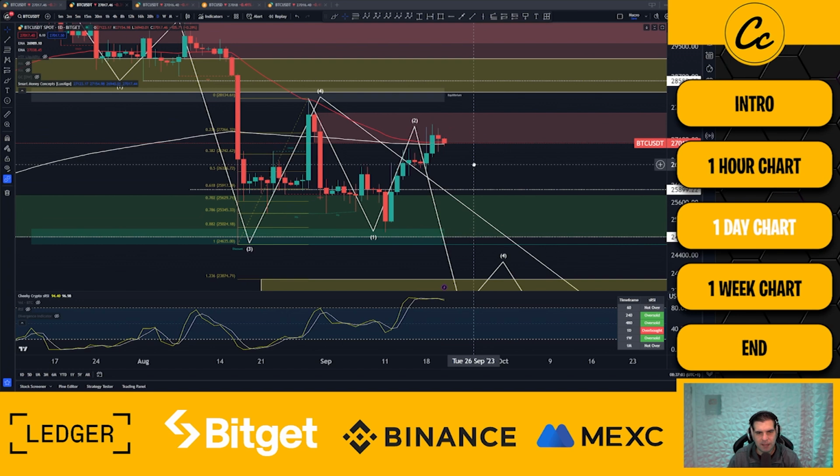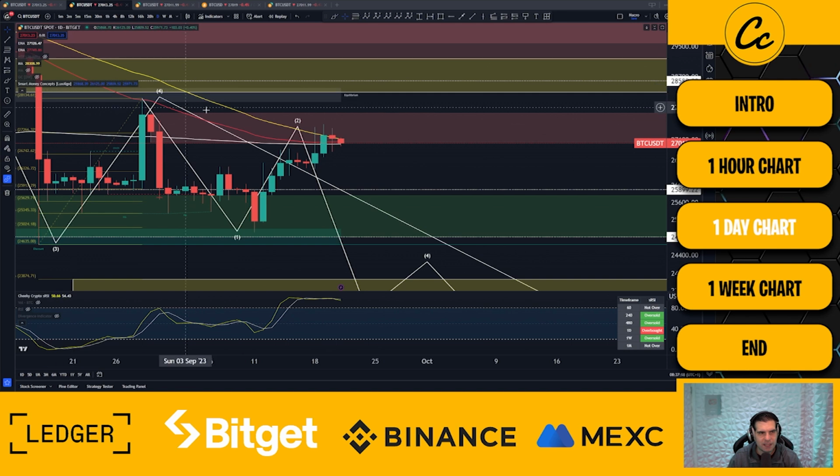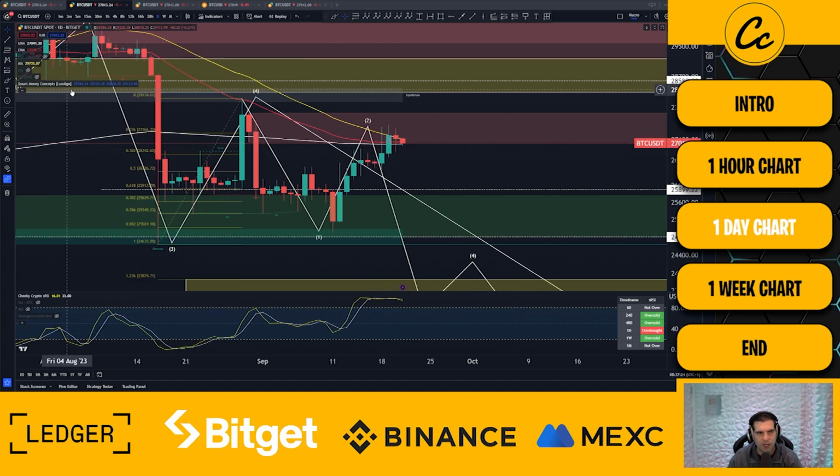Now, on the EMA side of things, there's some interesting things to note. So what we're going to do is go ahead and turn a few things on, right? So we have our moving average here, the yellow line. This is the 50 moving average. And you can see how it's almost come down to the point where it is going to collide with and cross lower than the 200 EMA. This death cross situation is not a good sign.